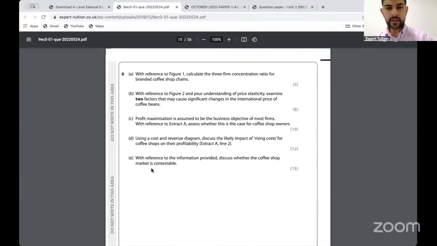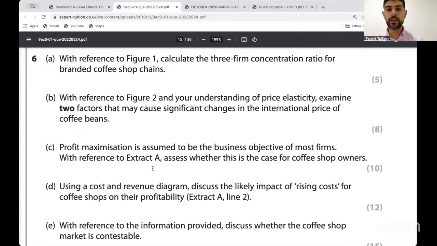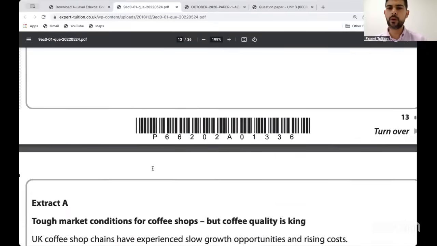So the 8 marker says the following. With reference to figure 2 and your understanding of price elasticity, examine two factors that may cause significant changes in the international price of coffee beans. Okay, so let's quickly look at figure 2 and we'll be able to see that prices fluctuate quite wildly for